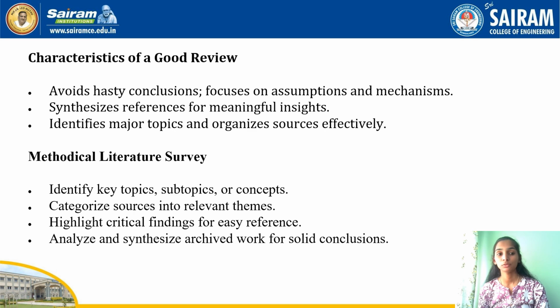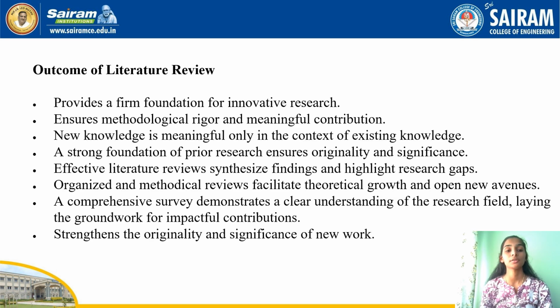Then, what is the outcome of a literature review? At its core, a well executed literature review provides a firm foundation for innovative research by grounding new ideas in the context of existing knowledge. It ensures that our contributions are both original and meaningful. After all, new knowledge is valuable